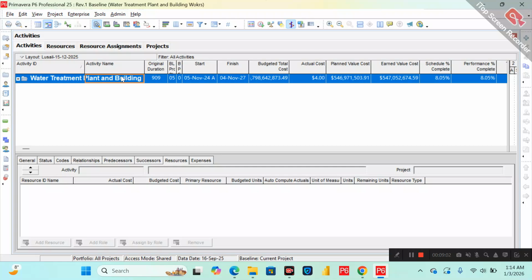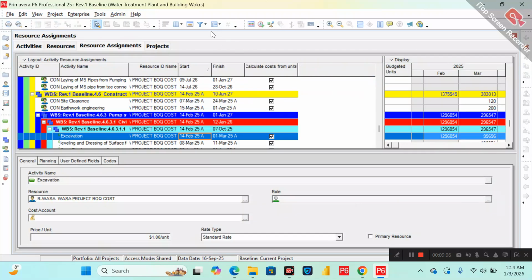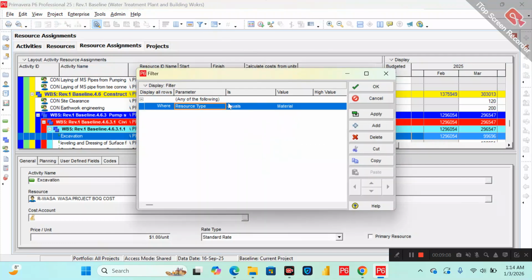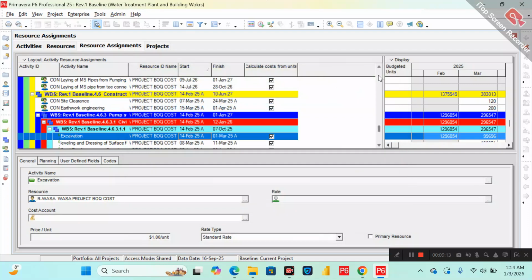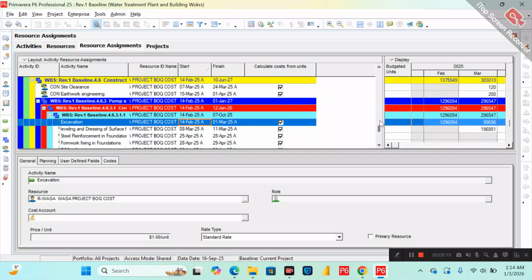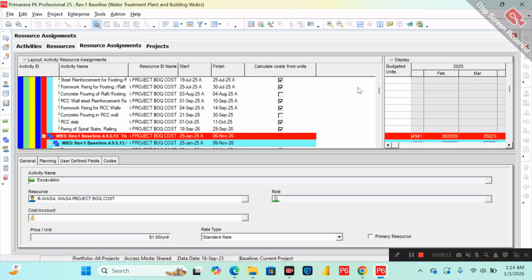So what could be the other issue? I will open the resource assignment and filter, because my cost was uploaded as a material. So I will filter all the material and check this column, calculate cost from units. Make sure this is checked. At some point, if you see this is unchecked,